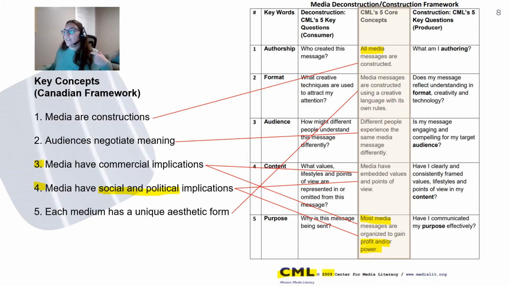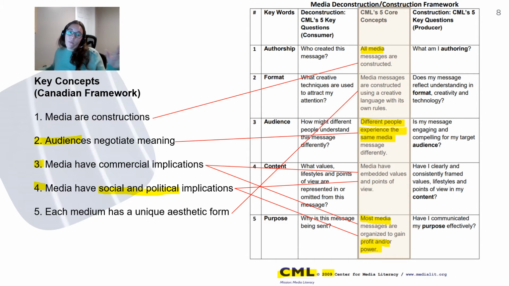So the second one is about audience. It is right here, the third principle. Different people experience the same media message differently. It's better explained as audiences negotiate meanings. Yes, audiences participate in the meaning of a text. The other one